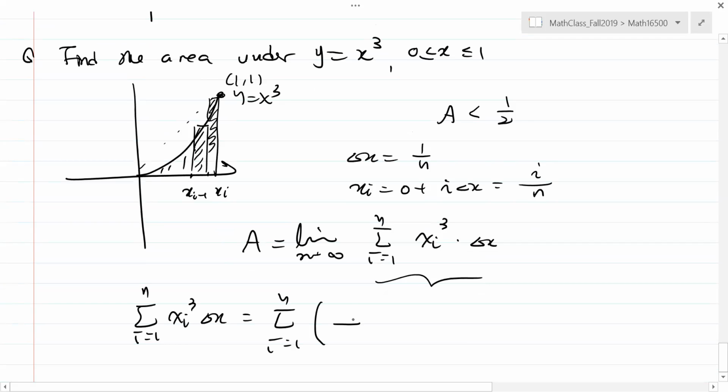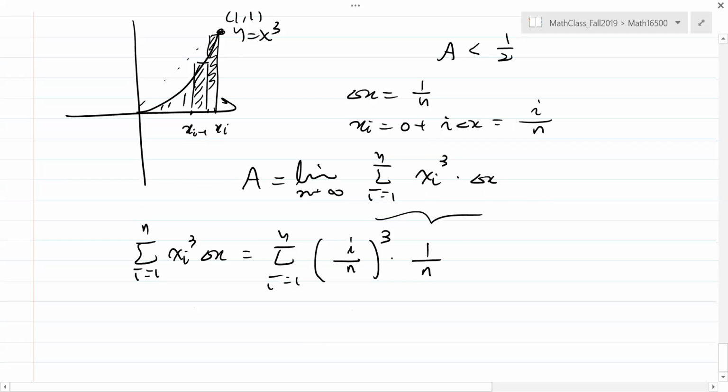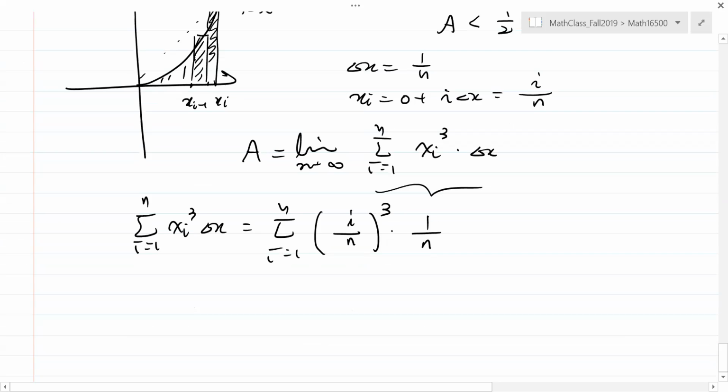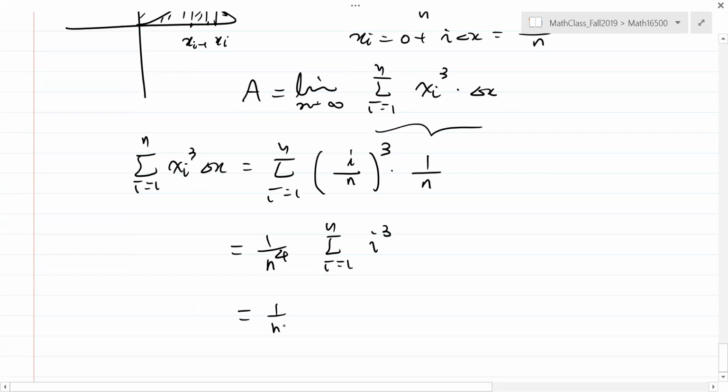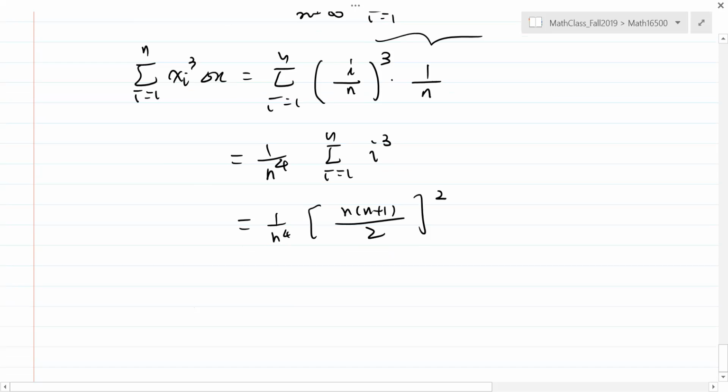So x_i, okay, so this is a formula, right? And you have n cubed, so n to the fourth power should be taken out. We already know the formula. It's 1 cubed plus 2 cubed plus 3 cubed, right? So we know this formula. It's going to be n times n plus 1 over 2, squared, right? Now let's move n to the fourth power into the square. You will get, okay, then further simplification gives you,